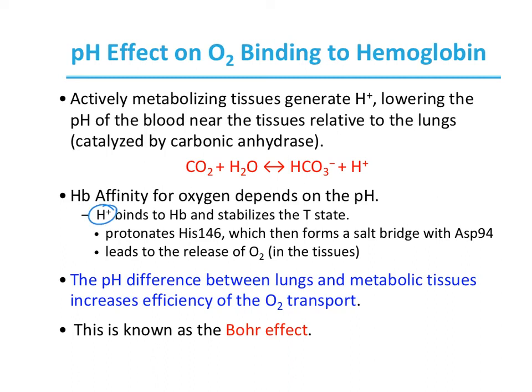And it does so by protonating a particular histidine residue known as histidine 146, which then forms a salt bridge and leads to the release of oxygen in the tissues. And the pH difference between the lungs and the metabolic tissues increases the efficiency of the transport of oxygen. So that is just further emphasizing the ability of hemoglobin to release oxygen in the tissues and to bind it